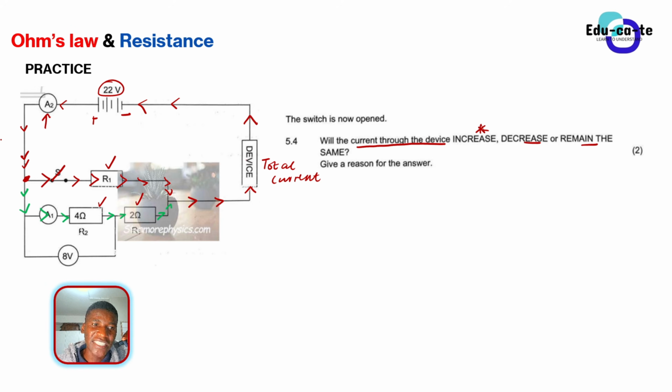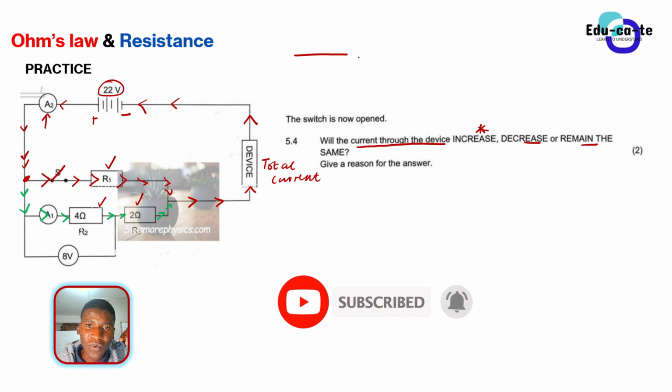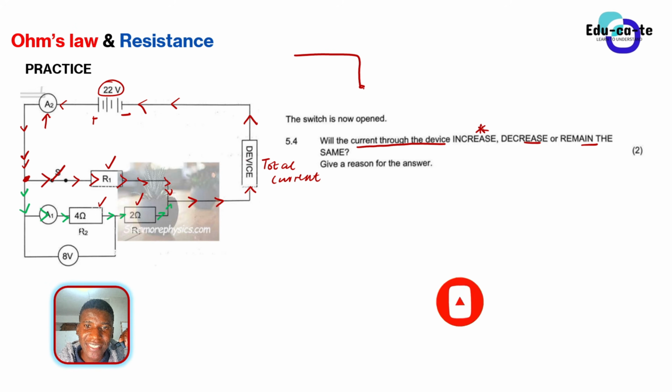Here, what has happened? We have opened switch S. By opening a switch, what does it mean? Remember that current cannot move when the switch is open. Current cannot move. There is no current in the circuit. But if I make some connection here and have a resistor here, there will be current, but this current will flow only on this part, because this is a closed path.